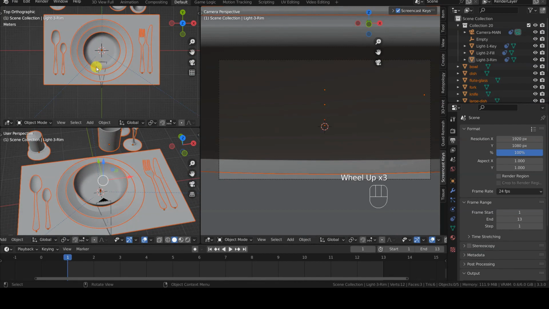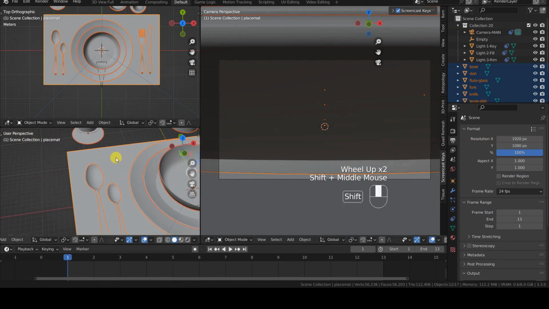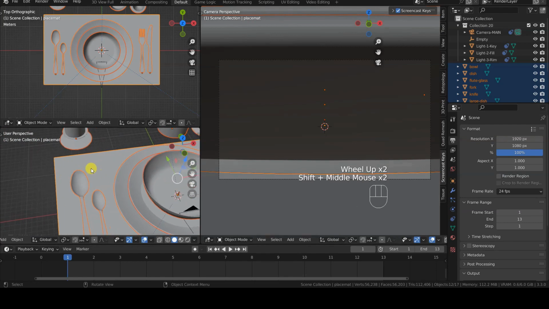Now, though, all the individual objects that make up the set are selected, but there isn't an active object, so join cannot be done correctly. To solve this problem, I press Shift and the left mouse button on an object, such as the placemat, whose outline will change color to indicate that it is now the active object.